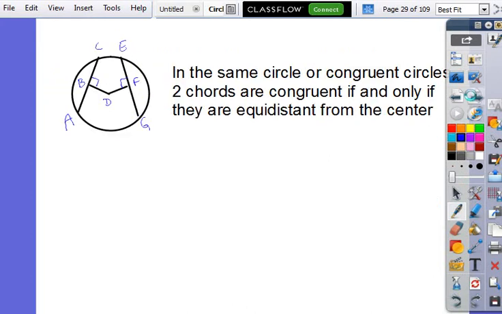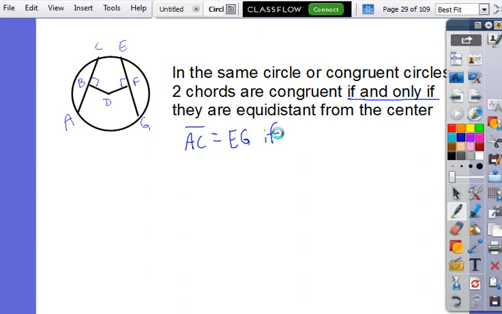Last one. All right, this last one says, in the same circle or congruent circles, two chords are congruent if and only if they are equal distance from the center. So, again, what does that if and only if mean? Both ways. You can switch the rule. The first way it says the chords are congruent if they are equal distance from the center. So that would say that AC is equal to EG